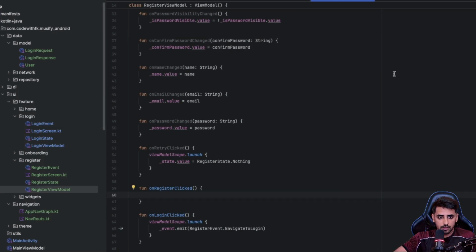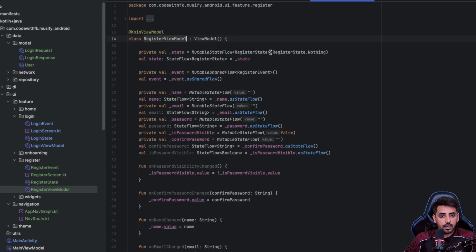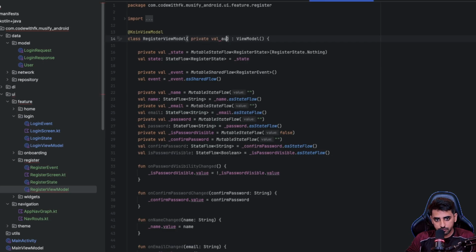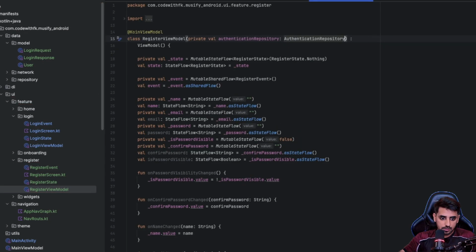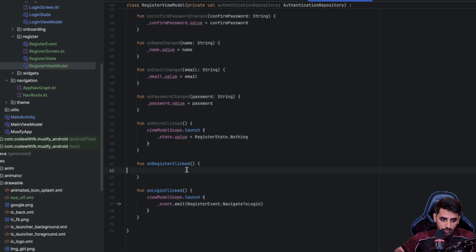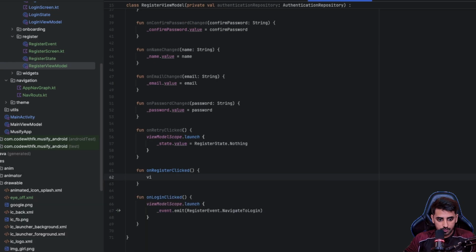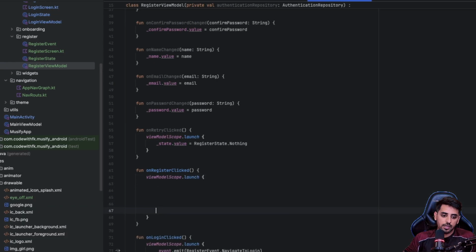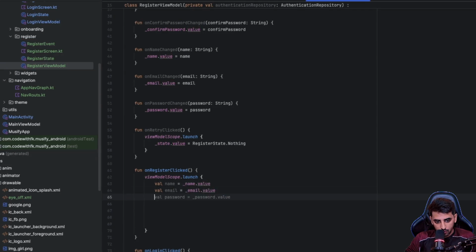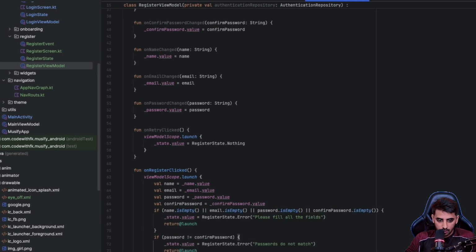So I think we should start working on that, and let's add private val authentication repository. That's what we needed. And now over here, we'll say viewModelScope.launch. Now inside that, we'll start working on all the data that we require. So I'm going to say val name.value, email.value, password.value, confirmPassword.value, and then we need to verify if